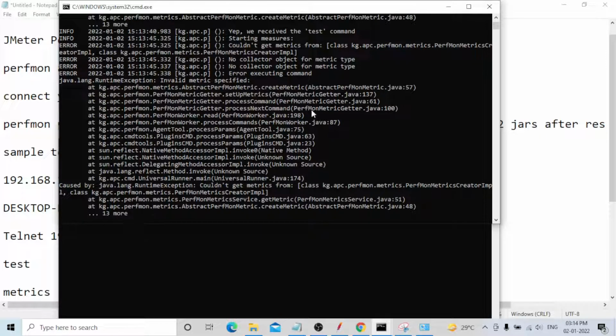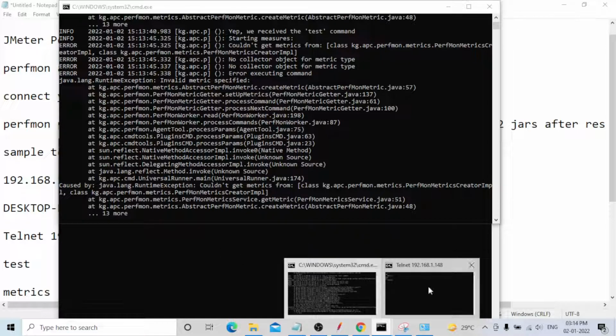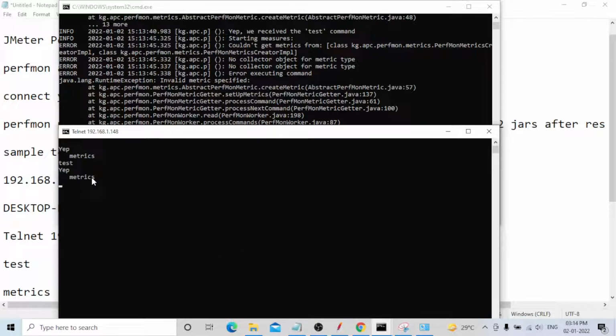Mainly, during test execution you need to get all these metrics. You can go to your command prompt and type the metric command, and the metrics will automatically be shown: CPU, memory, network, disk, and swap, whatever you selected. All of them will be shown in the command prompt with how much utilization, and you need to take a screenshot of that too. Finally I need to close this one and disconnect.